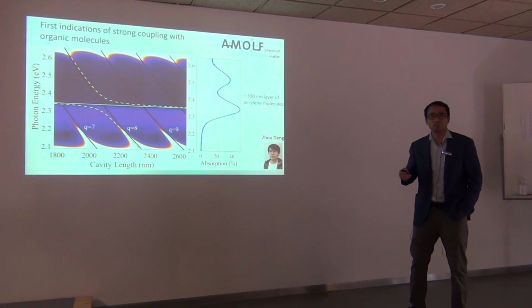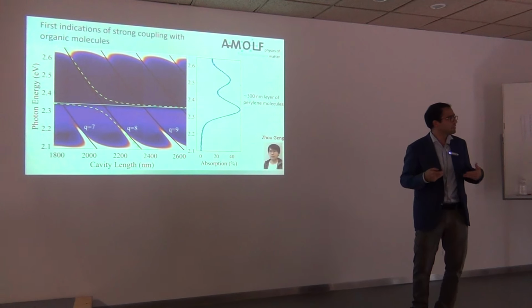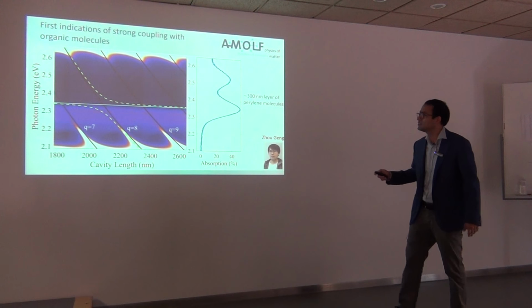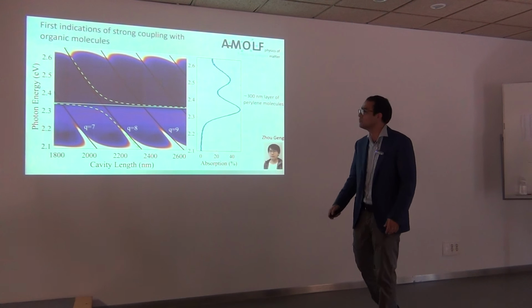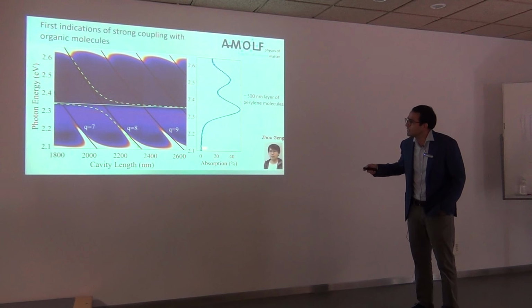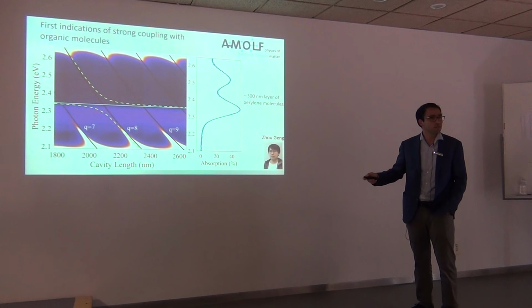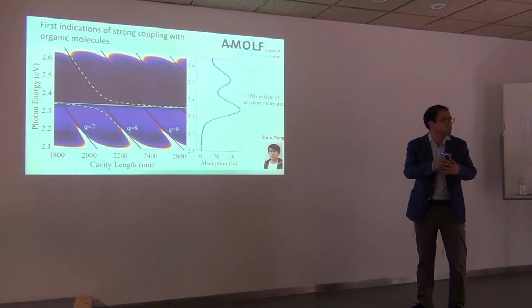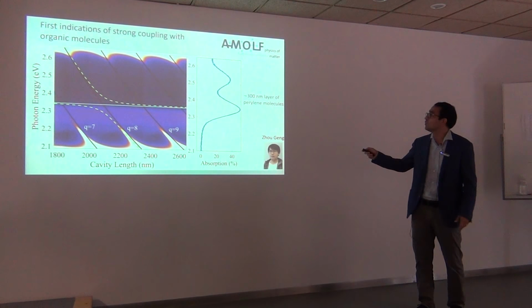So recently, we are still calibrating the system. We are building the system gradually. So we took a system that we know very well, just organic molecules, where people have seen strong coupling routinely. So we put this perylene molecule inside the cavity, and then we scan the cavity length and measure the white light transmission. The black lines here are the different longitudinal mode numbers, and you see this bending of the polariton band, and then you see this big region where there is no mode, and it's just because of this huge splitting because of the absorption of the molecules.